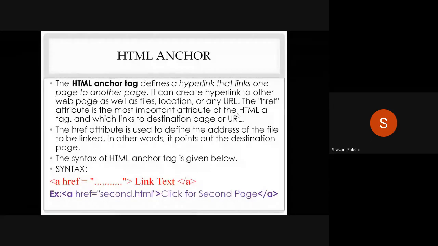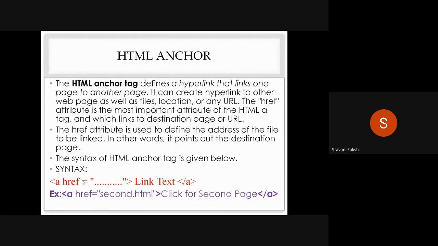So here we are using an attribute called href, hyperlink reference. Let us look at the syntax. This href is used to define the address where you want to link your document or your web page.